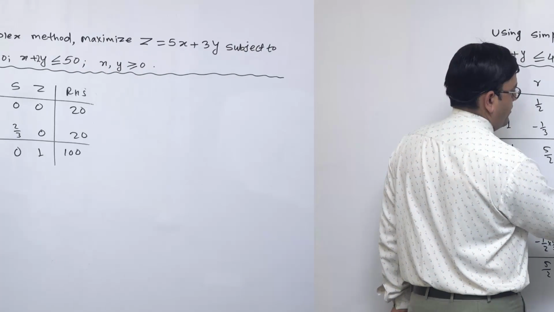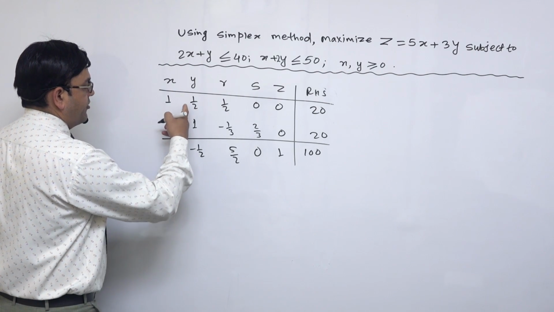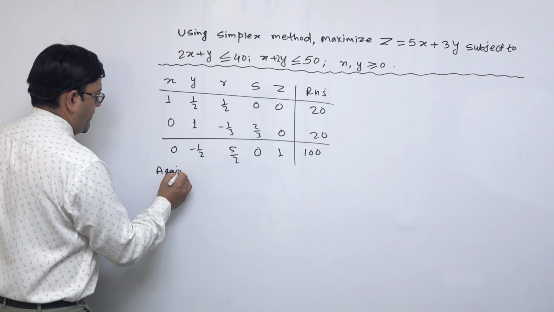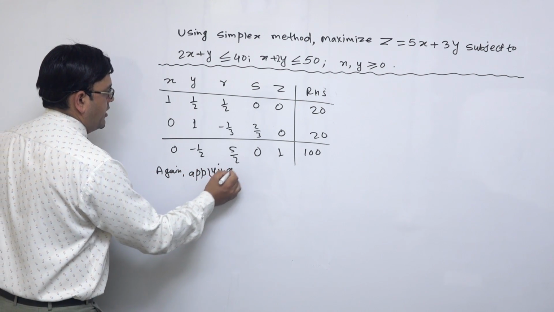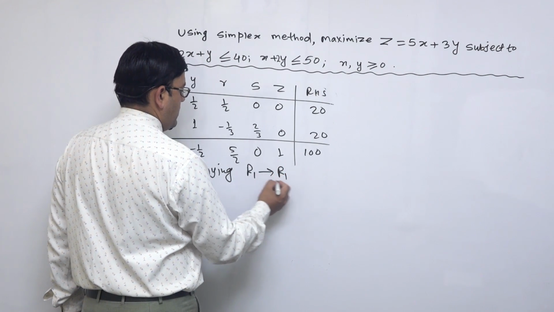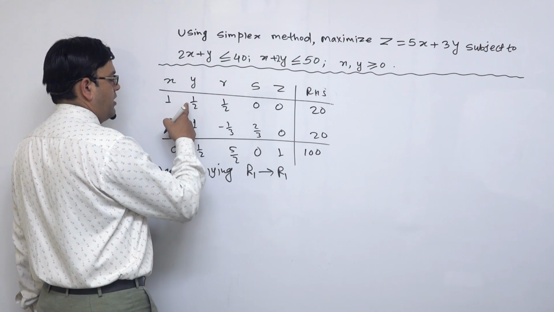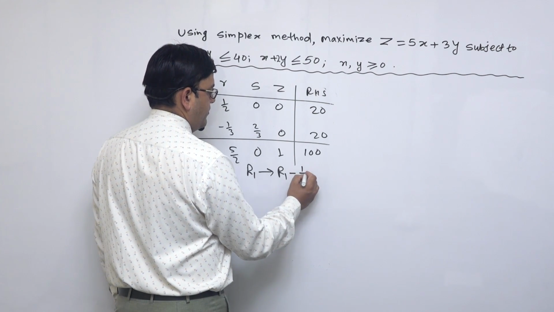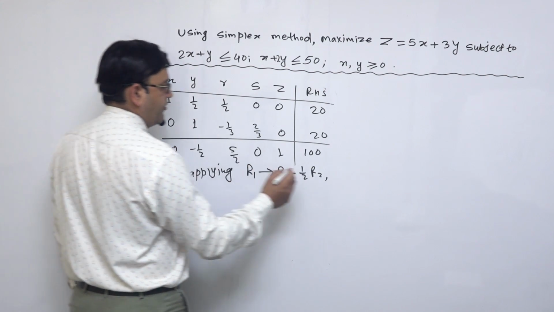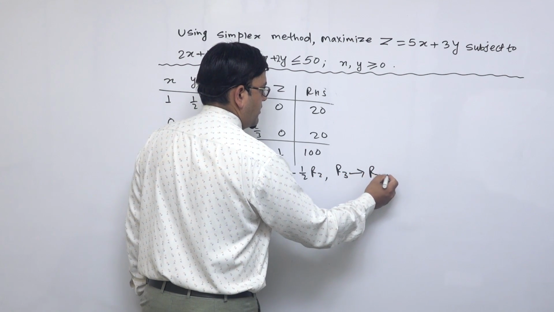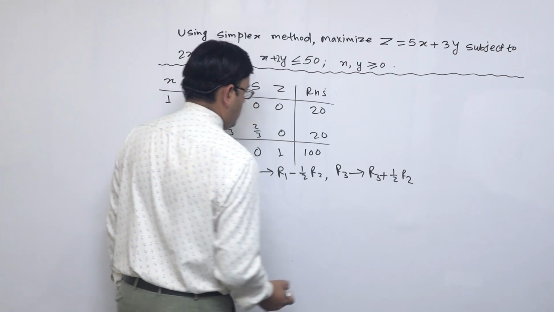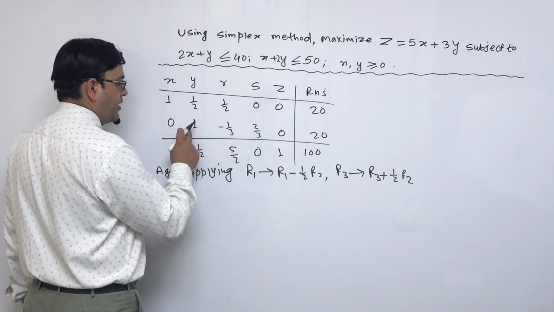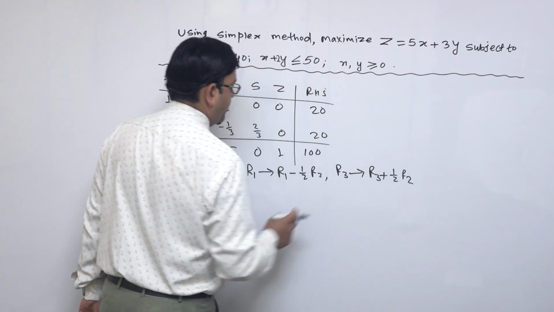1 and then 100, now we have to change this also; we have to make this 1 and this also we have to make 1. So applying again, this R1 changes into R1 minus 1 by 2 R2 and R3 changes into R3 plus 1 by 2 R2. यहाँ plus 1 minus 1 by 2 छ त्यसलाई 0 बनाउन लागि plus 1 by 2 ले मल्टिप्लाई हामीले हेर्नुस् त यसलाई मल्टिप्लाई गरेर अनि एड गर्नुपर्ने हुन्छ।